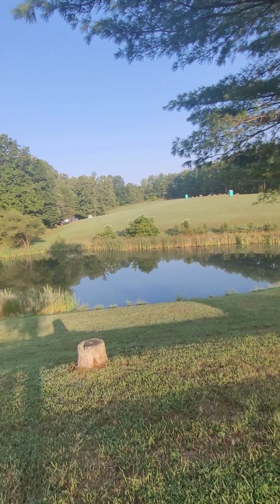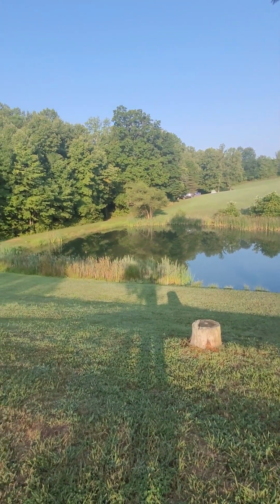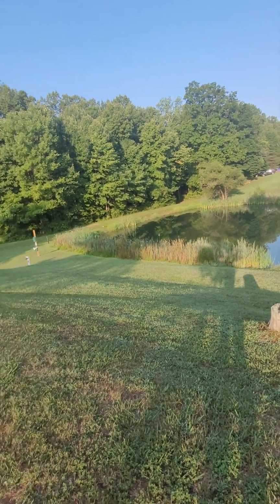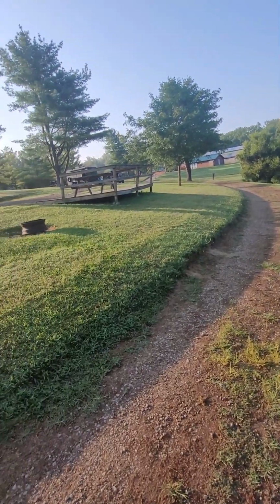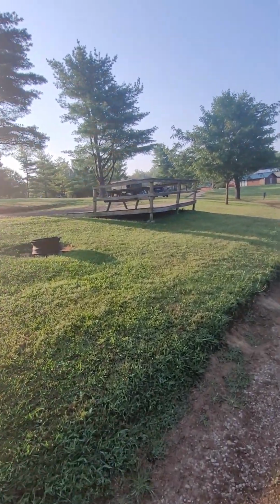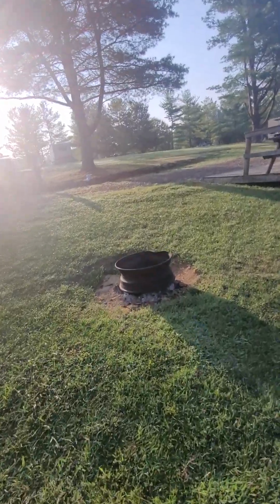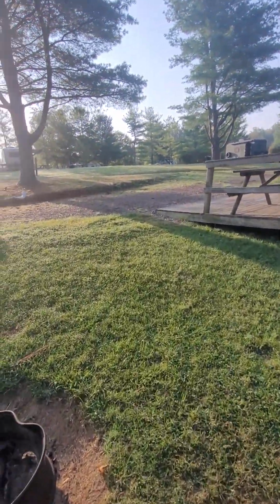And it's a catch and release pond, so if you're a fisherman, I don't believe you need a license here either because it is private property. So if you don't have an Ohio license, I think that's okay. But like I said, this is called Top of the Caves Campground, and we are in Hocking Hills, Ohio,